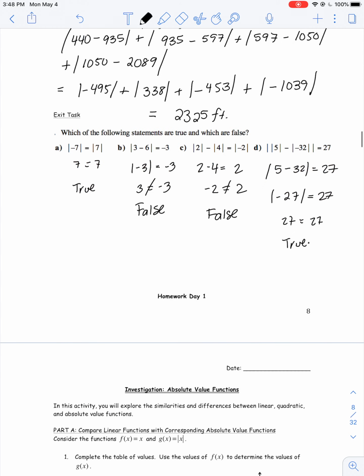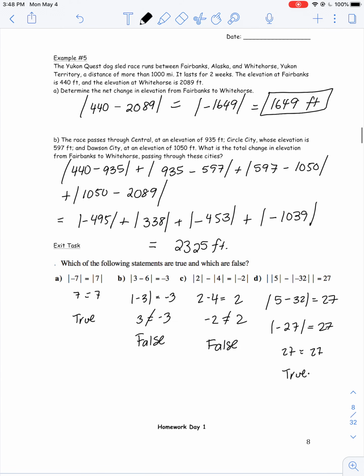Okay, so that is your day 1. So that is lesson 7.1, absolute value. So if you want to try some homework questions, you can do the day 1 homework questions and then practice that. So just remember that